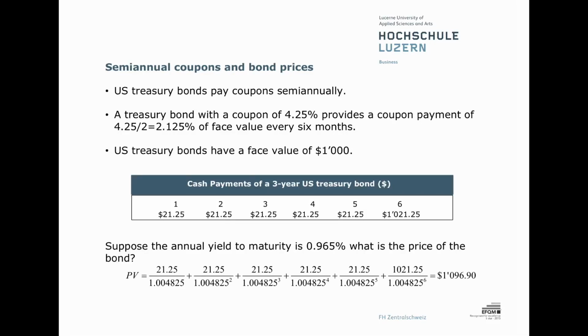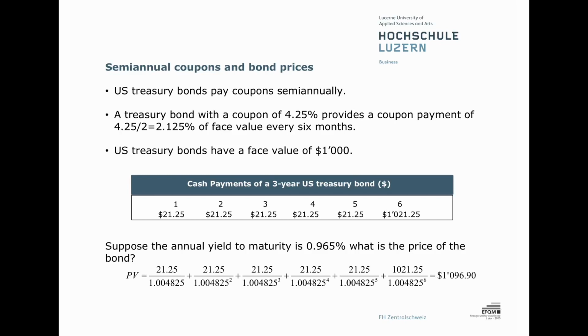Since US Treasury bonds have a face value of $1,000, it follows that the cash flow stream for a 3-year bond is as follows. The coupon payments for period 1 to 5 are $21.25, and the final payment is the sum of the face value plus the corresponding coupon, which equals $1,021.25. If we assume that the annual yield to maturity is 0.965%, it follows that the corresponding semi-annual yield to maturity is